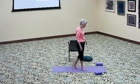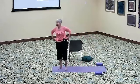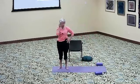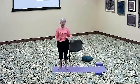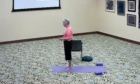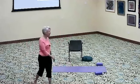Loosen your shoulders. Shake out your legs. Take a nice breath. And there we are. That's good. That's what we like to do. All right, so let's take a little walk around our circle. Lay out a little 3 or 4 foot diameter circle on your floor. No furniture or anything like that. Turn to your right. Walk around your little circle, taking the largest steps you comfortably can